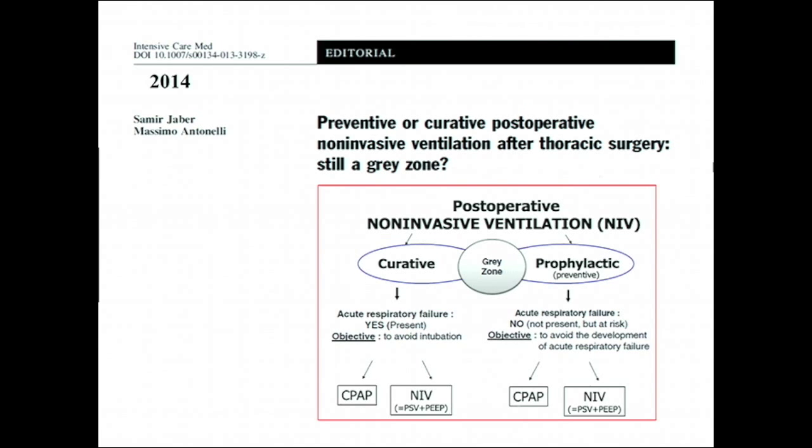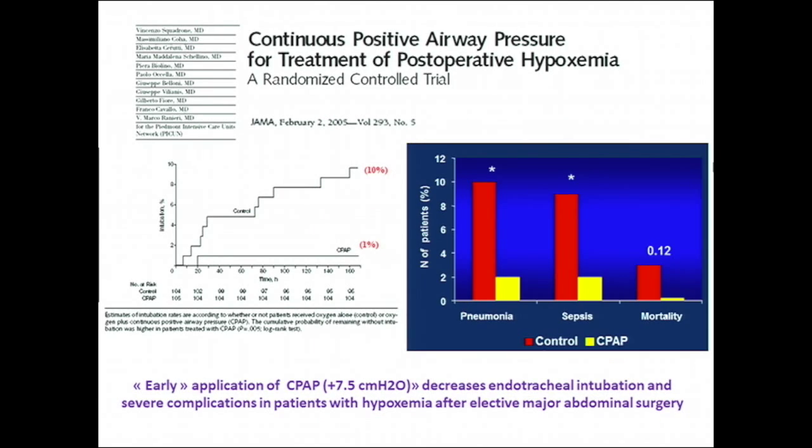There is like a gray zone between a curative approach, which would be only when the patient has respiratory failure, I would say it's probably too late, or a prophylactic approach in everybody, and it's probably too often. So you have to decide, like in this study, which patients could benefit, and they decided that patients who become